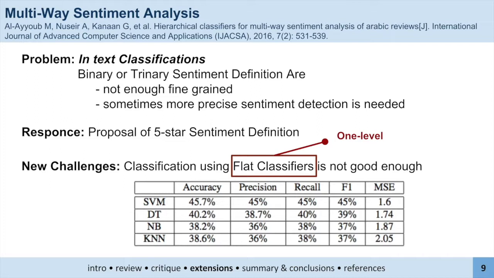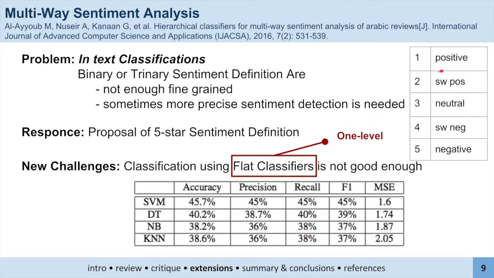One of the major problems addressed in the previous paper is that the original paper focuses only on binary or trinary sentiment definitions, and in some problems, for example in text classification, a binary or trinary sentiment definition is not fine-grained enough, and sometimes more precise sentiment detection is needed. In response to that, this paper proposes a 5-star sentiment definition, which consists of positive, somewhat positive, neutral, somewhat